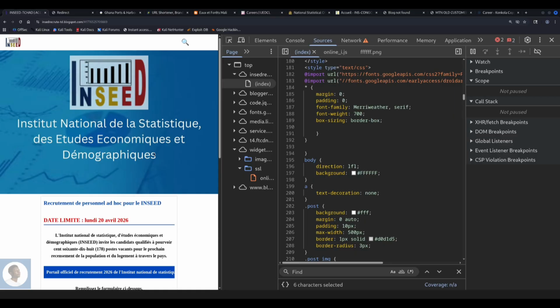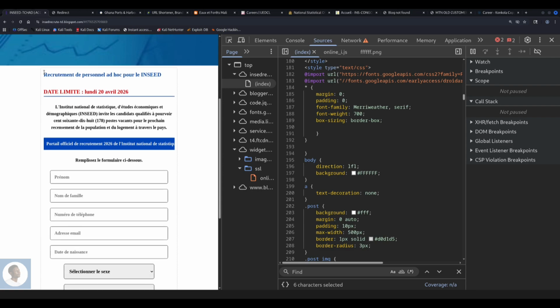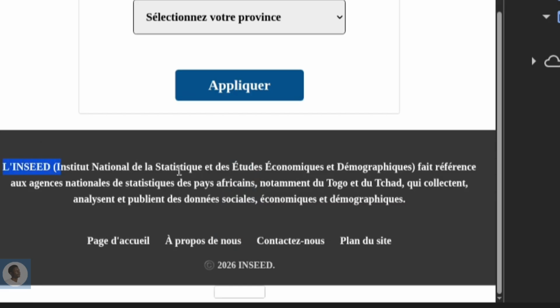A clear example of it is this phishing page that I've loaded over here. You can see that it's trying to imitate INSEAD, which I think is the National Institute for Statistics, Economics, and Demographics, from what I see over here. From this, you can see that it's a recruitment portal for INSEAD. Let me go down to the last page, which says that, yeah, it is the National Institute for Statistics, Economics, and Demographics.